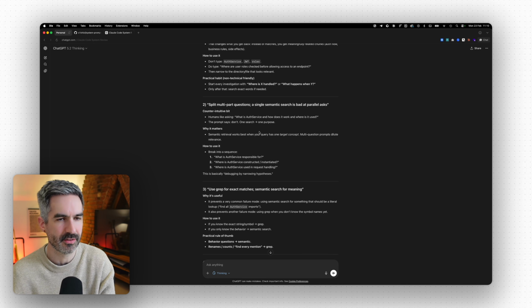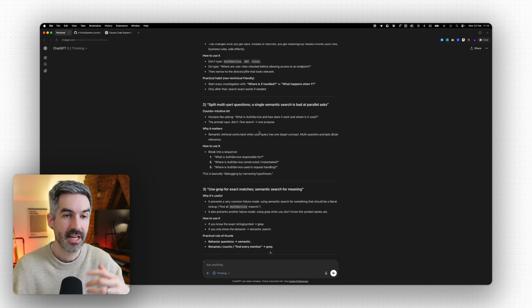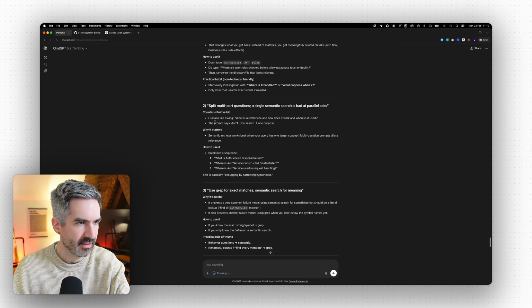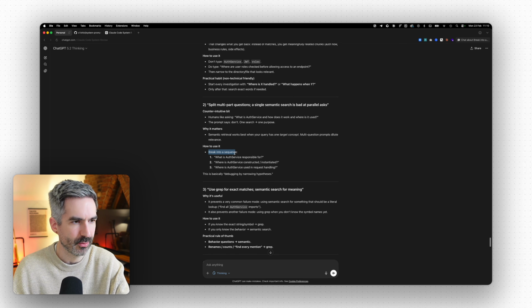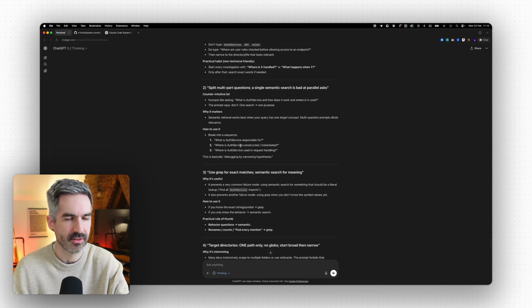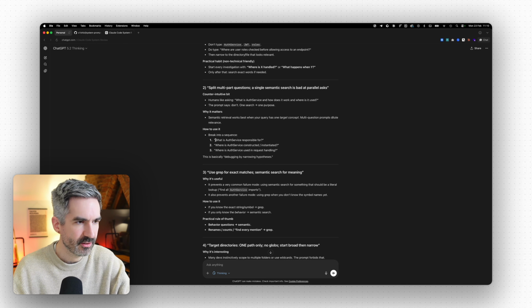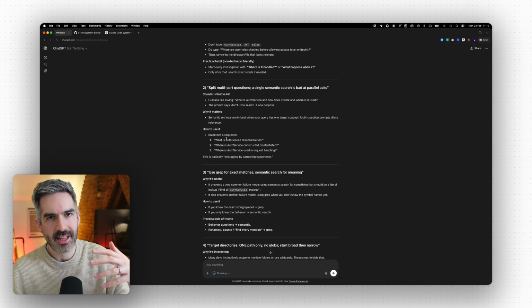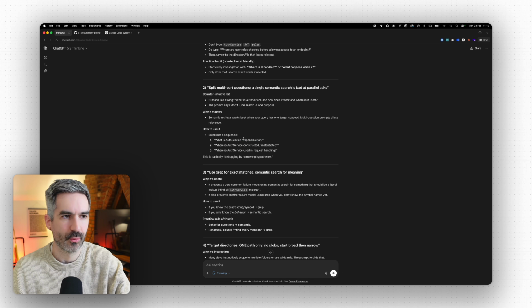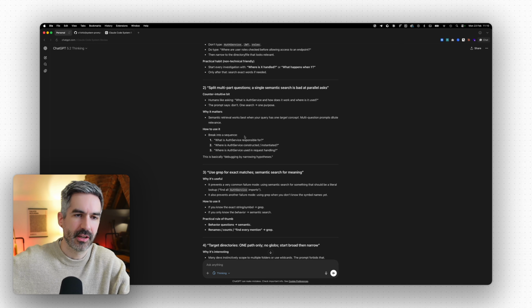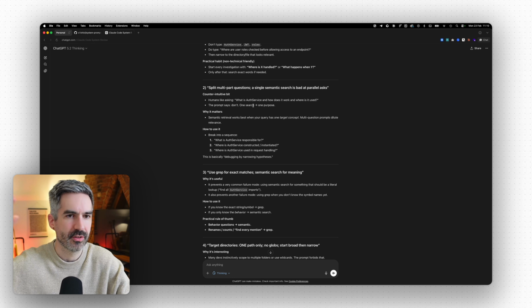Or it may just be different between how Cursor's agent works and how Claude Code's agent works. But what we're saying here with Cursor is that basically you want to break your questions into a sequence. So if you are asking for something specific, like what is auth service responsible for, or how does authentication work? What's the user journey for authentication in this app? Instead of saying what's the user journey for authentication and how does it work, you would just break that down